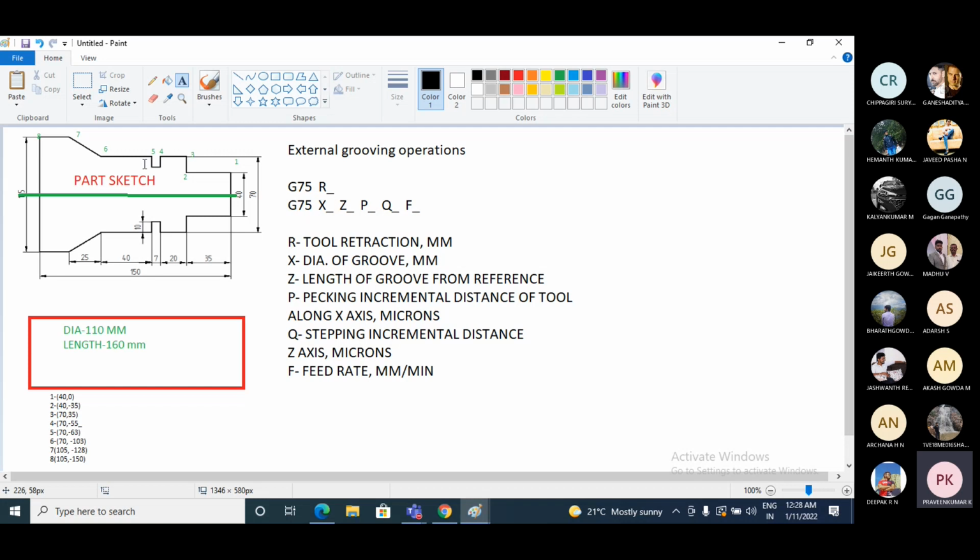Then after that, change the tool and write the program for the grooving operation by using the scan cycle. So now I will write the program. Now, before writing any part program,